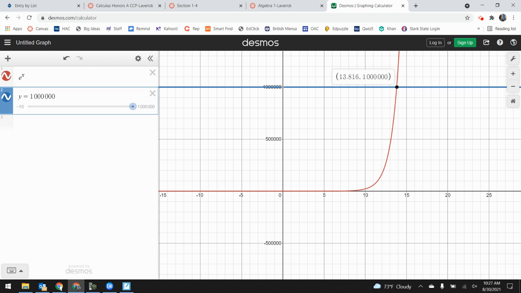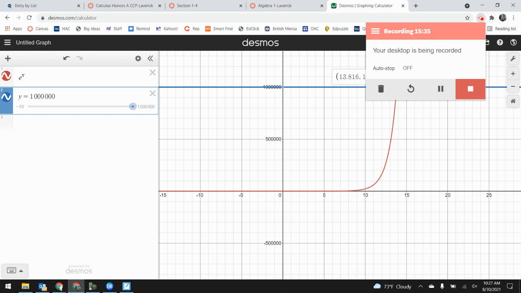What I'm trying to stress to you guys here is that that's how fast exponential equations grow. I only needed to get out to the 14th x value to get way up over 1,000,000. Exponential functions grow very fast, way faster than any polynomial equation, way faster than any quadratic equation. They go pretty fast. All right, so that's all I have for today. I'm going to shut off the video and let you guys work on your